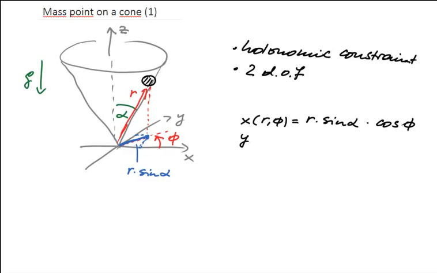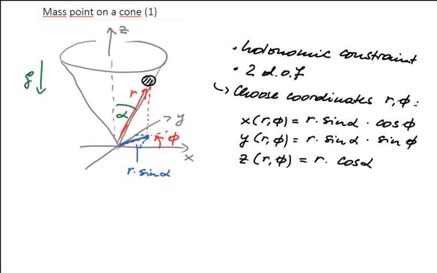As for the y-coordinate, as a function of r and phi, it's r times sine of the opening angle alpha times sine phi, and the z coordinate is given by r times the cosine of alpha. We have the new coordinates, we have the transformation law,